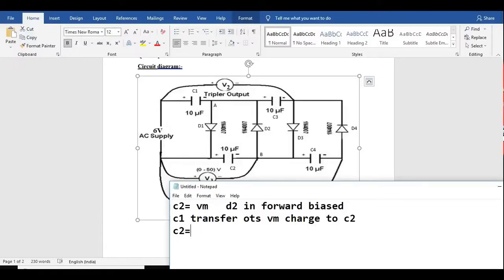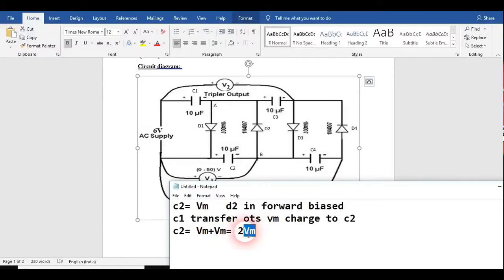So the net charge in C2 would be Vm plus Vm, that is equal to twice Vm, twice the maximum voltage. So no issue, you understood this now. So this capacitor C2 becomes